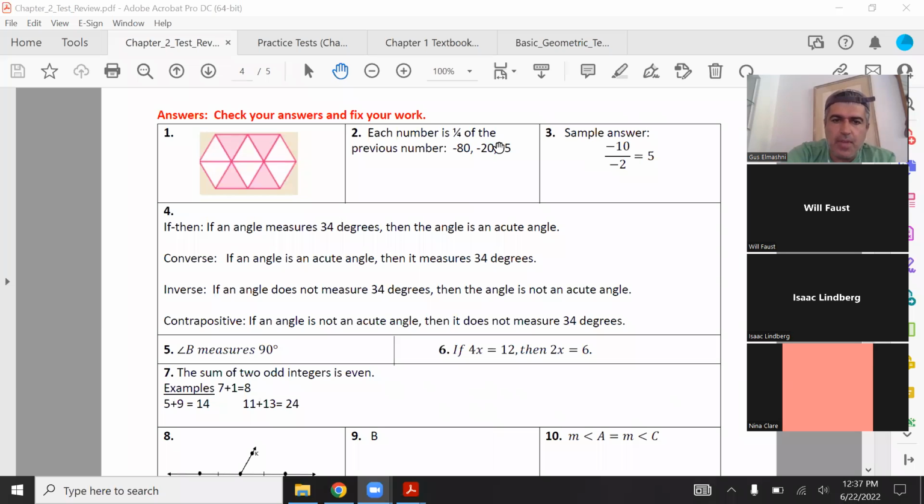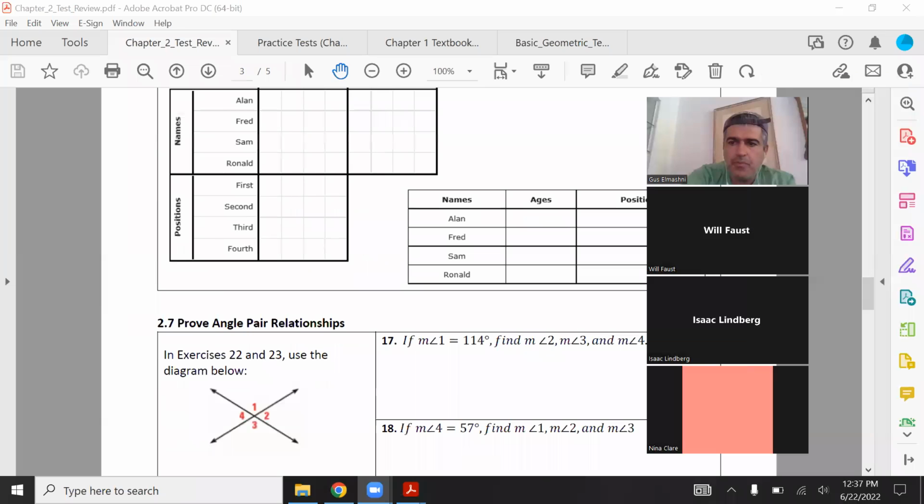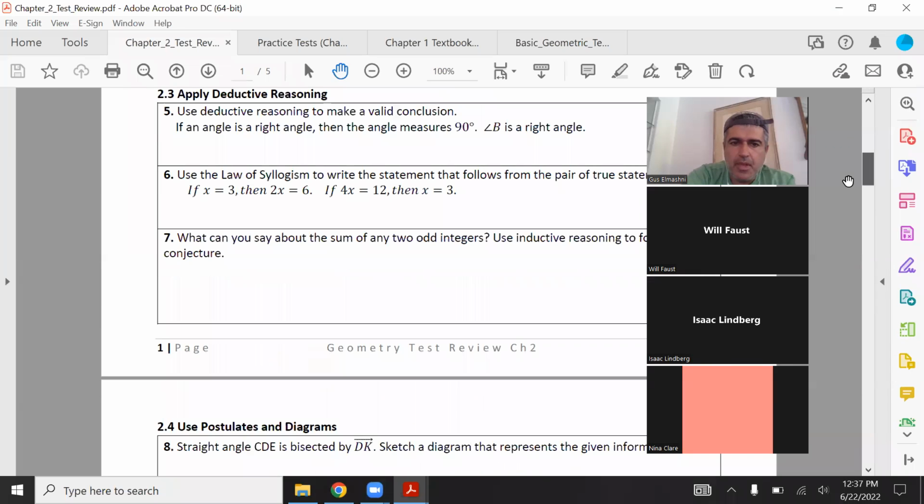Clearly, this is a true statement. And that's also a true statement, but these are false because you can be 40 degrees and acute, right? Or if you're not 34, then you're not acute. No, you could be like 40 or 50 degrees. So that's number 4. Number 5,